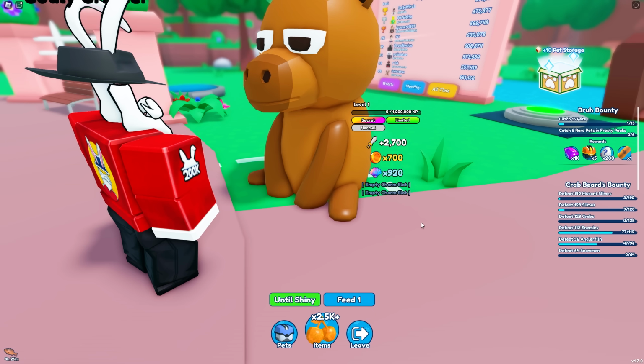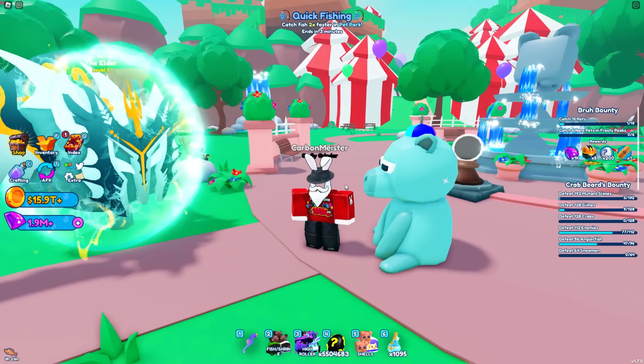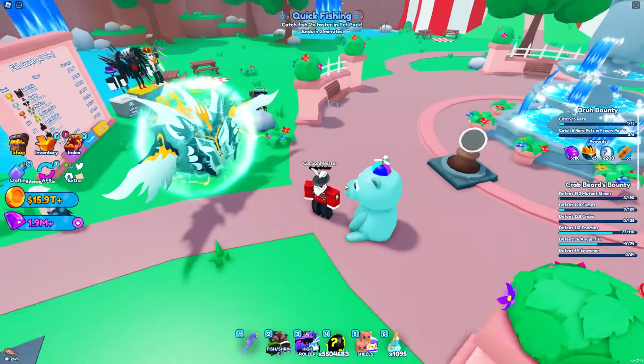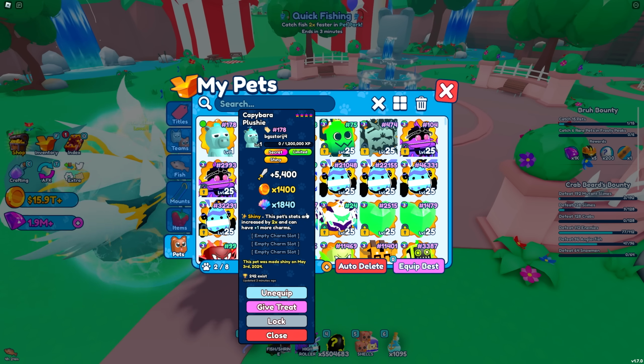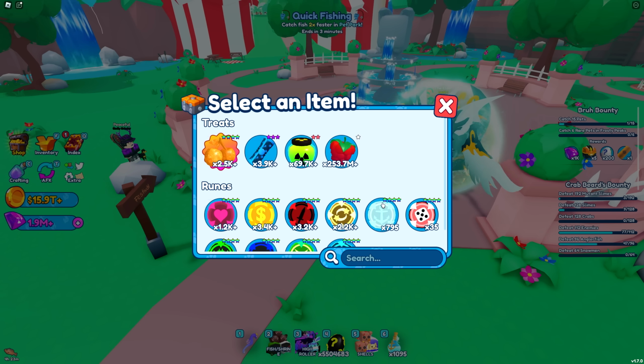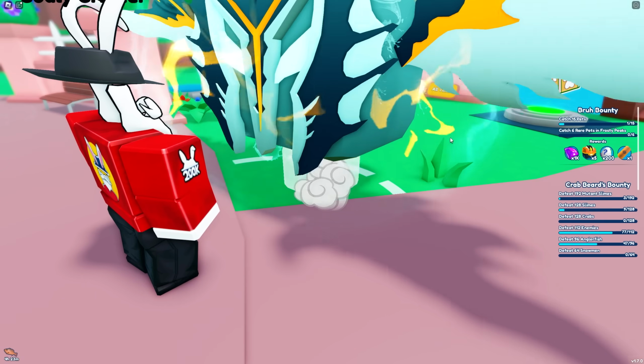We're going to turn this into shiny, and it turns it blue. Not gonna lie, I don't really like that color, but it is what it is. I kind of liked it when it was not shiny. This is now bumped up to 1,840 multiplier for shells, but now the real moment of truth, and that is turning the Elder into a shiny,